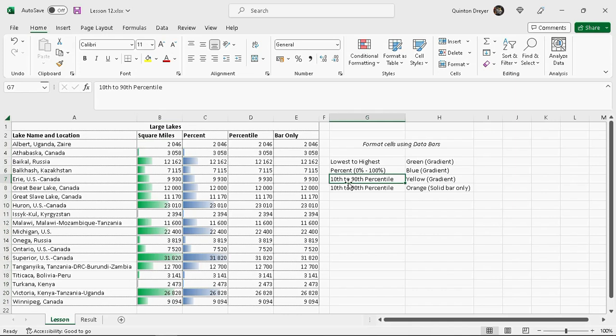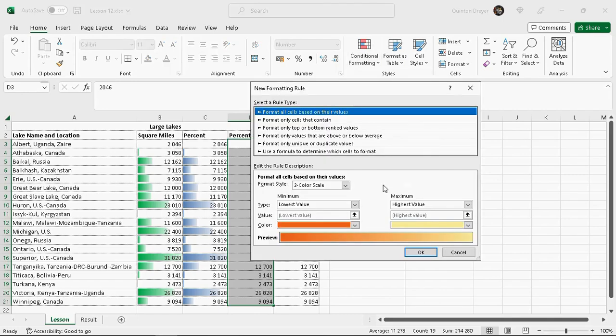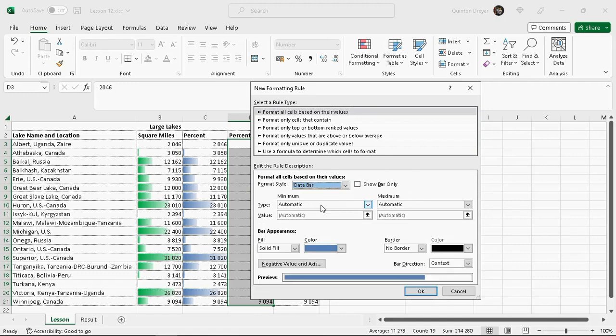The next one would be bars between the 10th and 90th percentile. And we'll do this with a gradient yellow fill. So select our range. You can always just go to new rule here and we'll choose format all cells based on their values. Based on their values, the style is data bars. Now we want percentile,